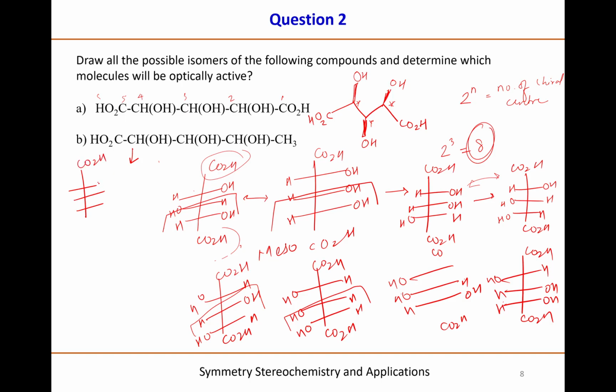CO2H, OH, OH, OH and CH. Despite having all the OH groups on the same side, this molecule doesn't have a plane of symmetry because of the two different substituents present on the terminal carbon. These are the different ones. So that's why there is no plane of symmetry present. So in this molecule, again, see, three stereo centers are there. Two raised to the